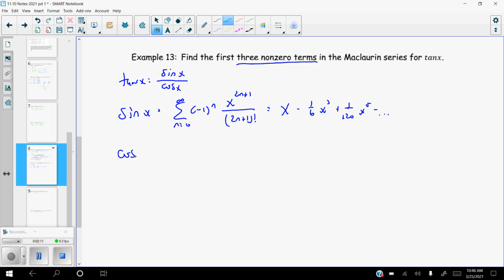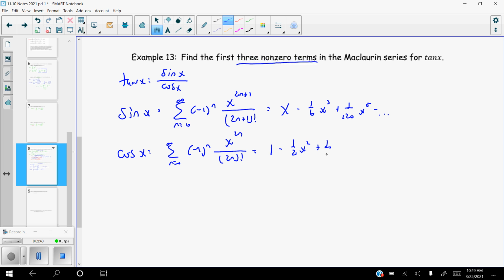Cosine, well, it's pretty much the same thing. And again, you could develop this by taking the derivative of sine, or if you just happen to remember it's all of the even terms, it's going to be x to the 2n over 2n factorial, however you want to do that. So then cosine is going to end up being 1 minus 1/2 x squared